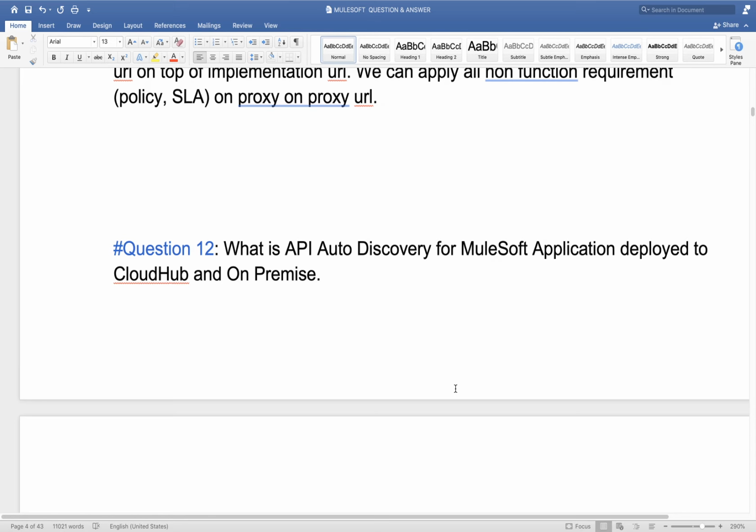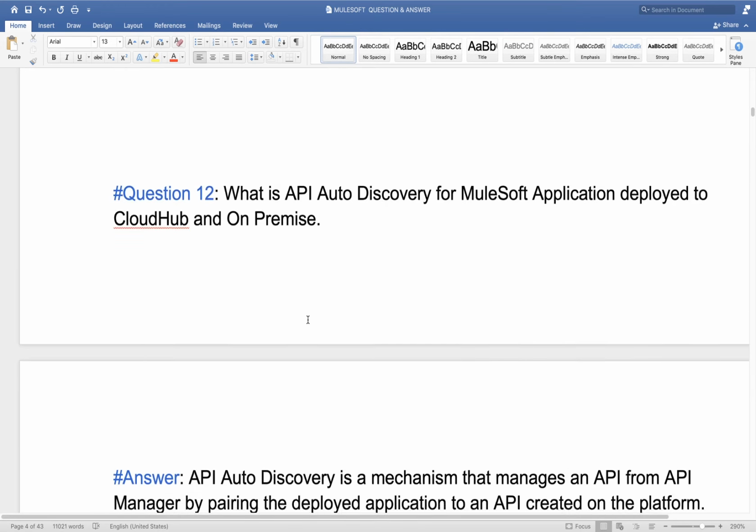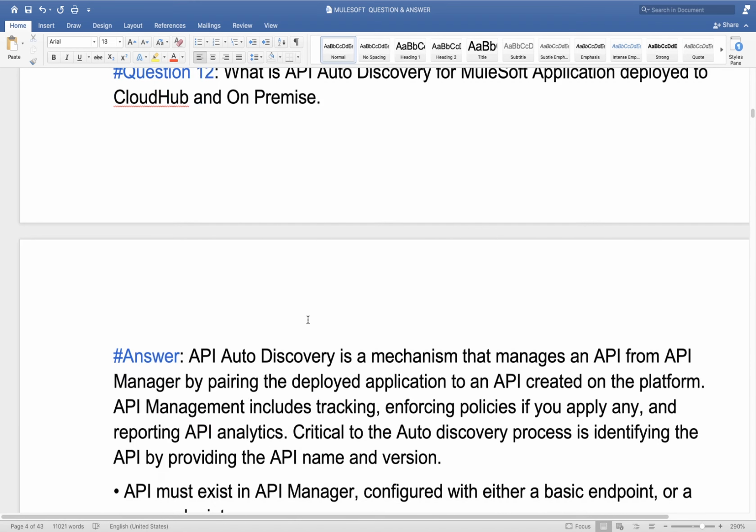Once the gateway gets the information that this is not a valid user, from the gateway itself it will send a response back to the calling system. It will not allow that request to come inside our implementation. So auto discovery helps API Manager connect with Mule runtime.